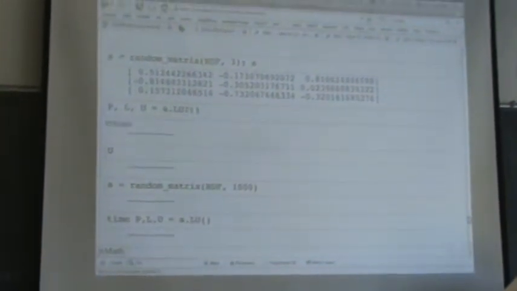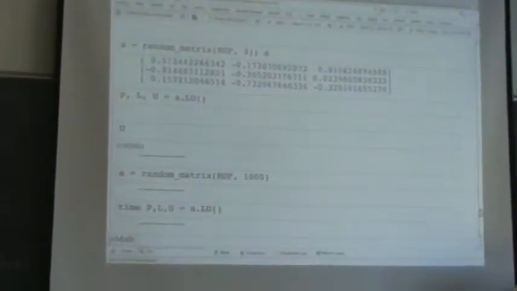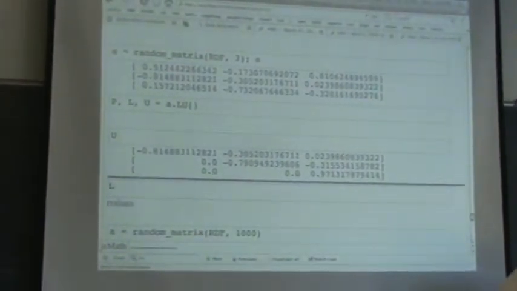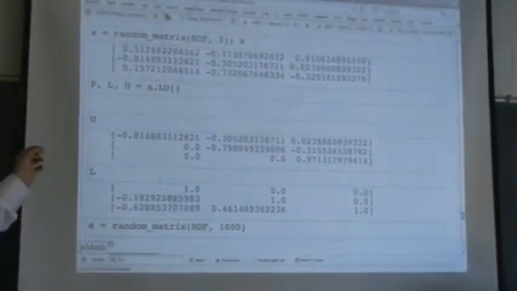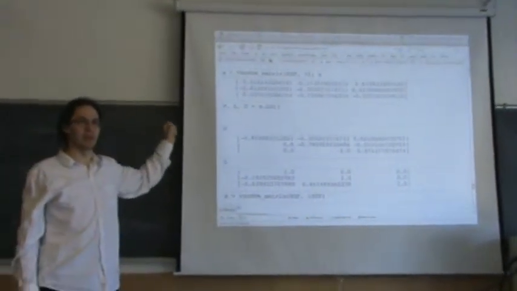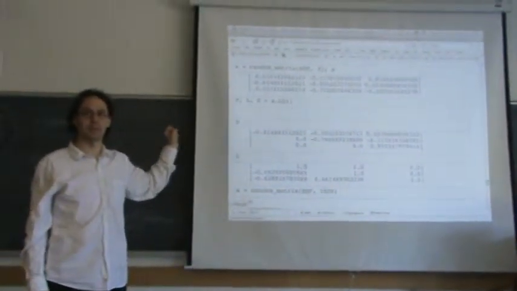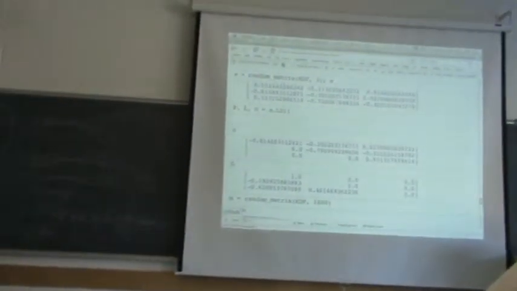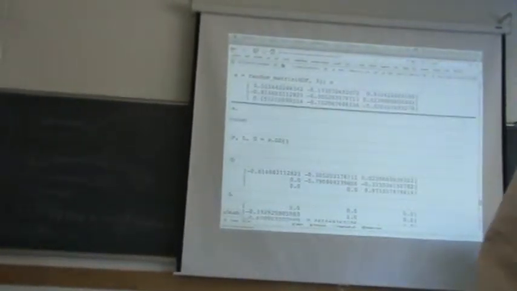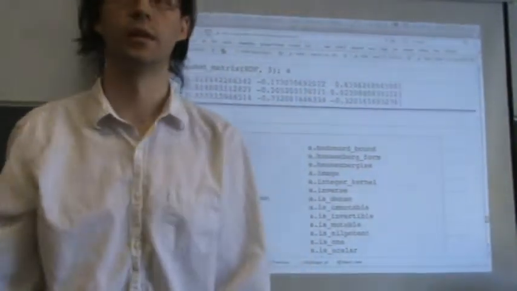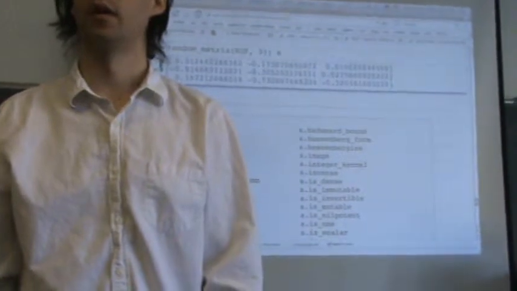Okay, so now let's compute a lower upper factorization. So there you are. This computes an LU factorization of that matrix whose entries are in a real double field. And that's all you do, just type matrix.lu. And if you forgot that that's what you're supposed to do, it's kind of like context-sensitive help. You take the matrix, put a dot, and then hit the tab key, and it shows you all the things that you can do with the matrix. What if it doesn't have an LU factorization?